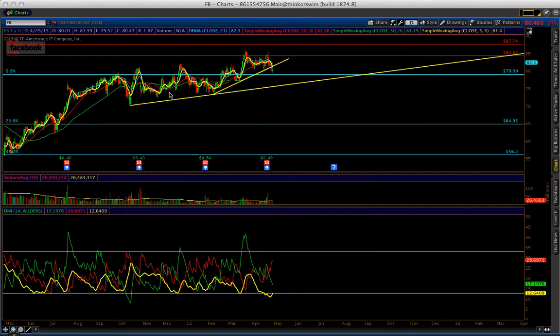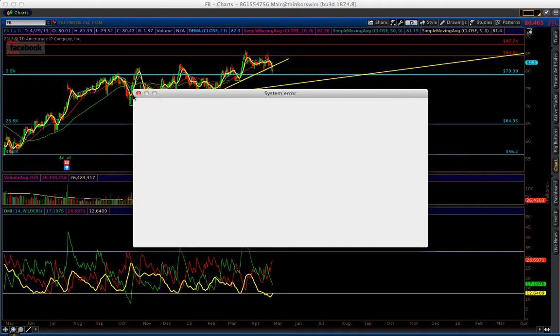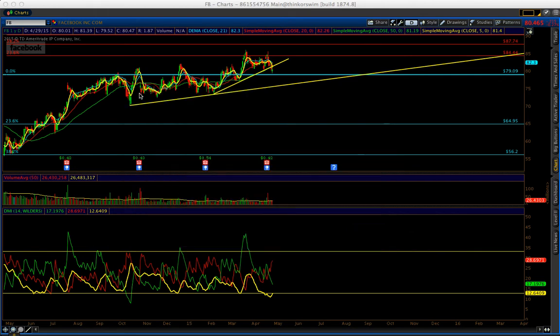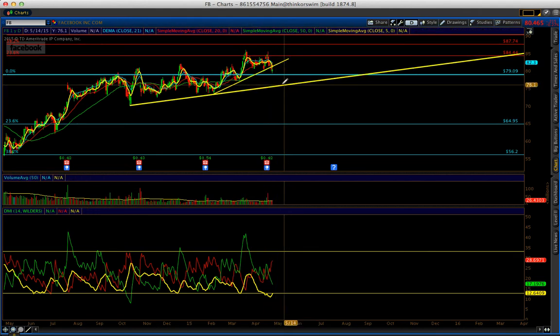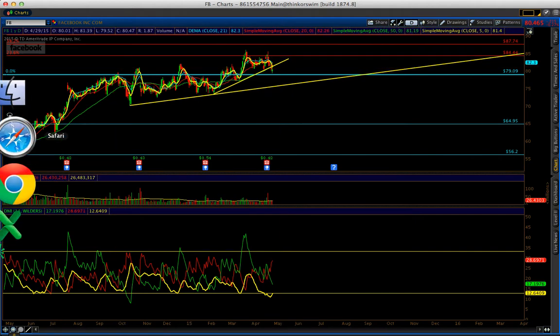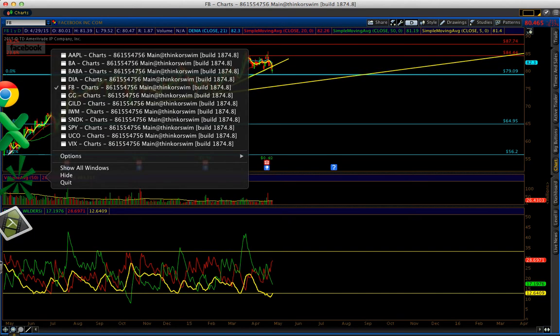We're going to go to the support area. You're going to go to this support area, and you don't want to be short right there. So this is the support area. This support area is good to buy long, but not here, because 79 is not a good Fibonacci support. I would prefer to buy around this trend, around $75. I don't like Facebook right here. I'm neutral bullish. I'm just waiting to buy around 75.